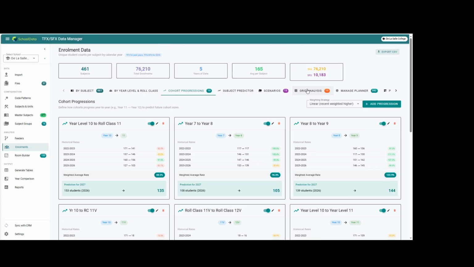Roll class 12 is a separate entity from those. It's the VCE stream. You probably care how many students are in roll class 11 this year, not year level 11. However, when you're mapping how many students are going to go into roll class 11V, if you don't have a roll class 10V and they all just go from year 10, then your relationship is probably year 10 to